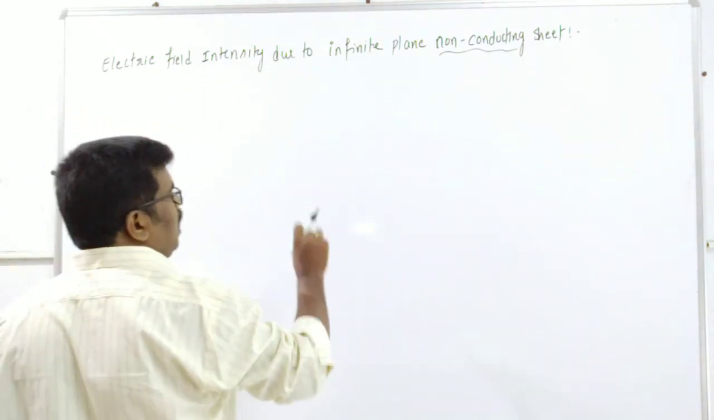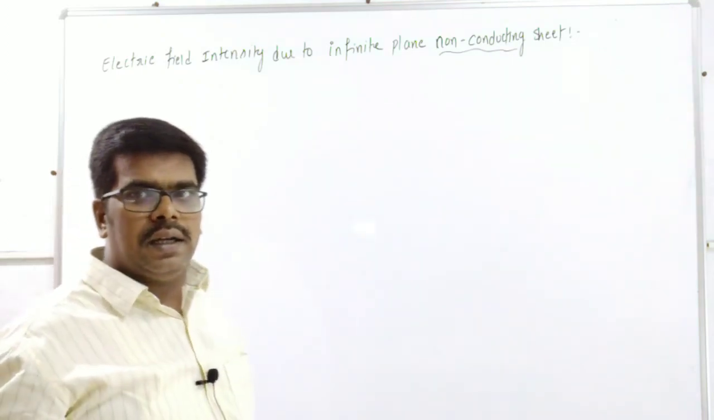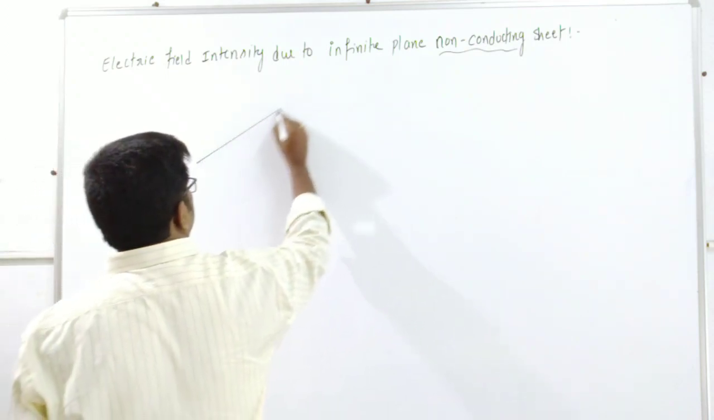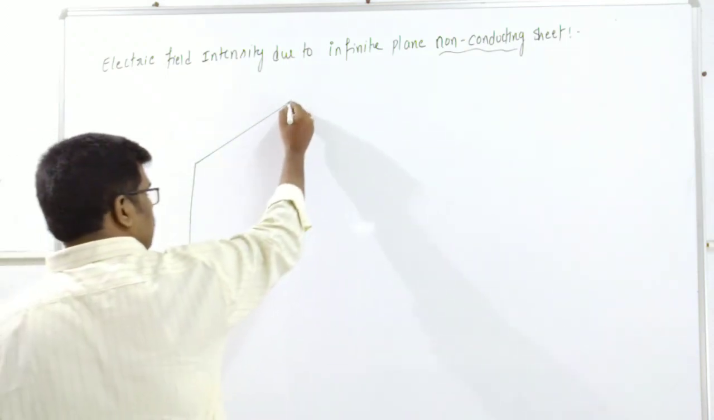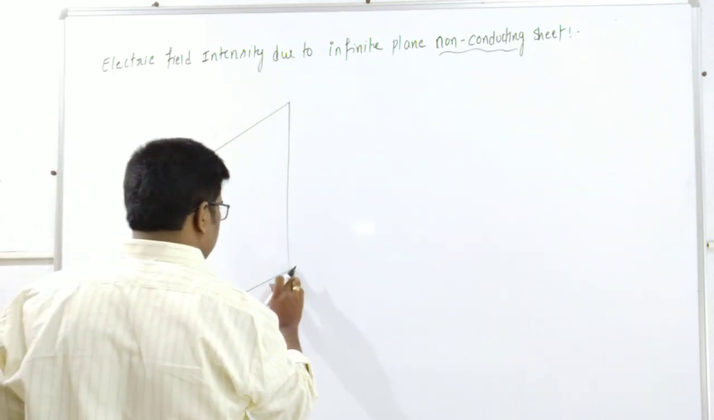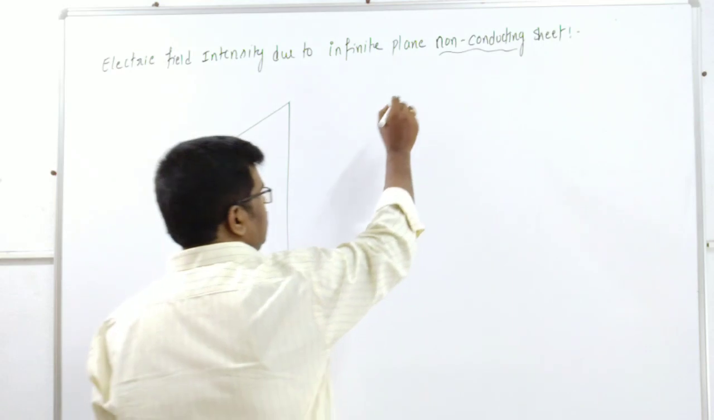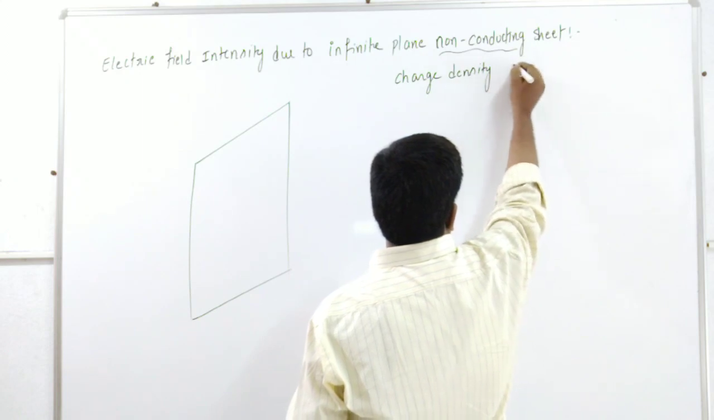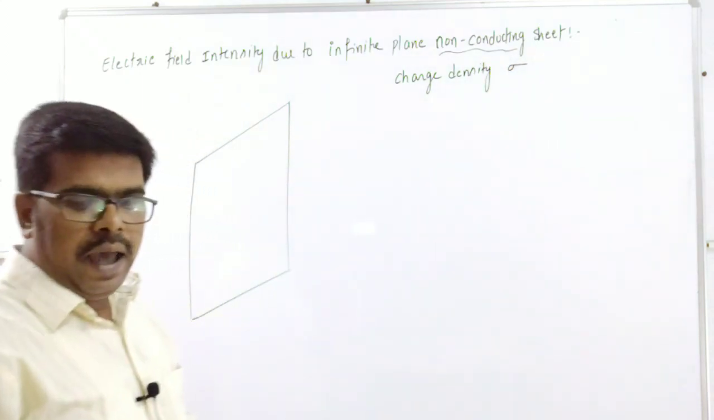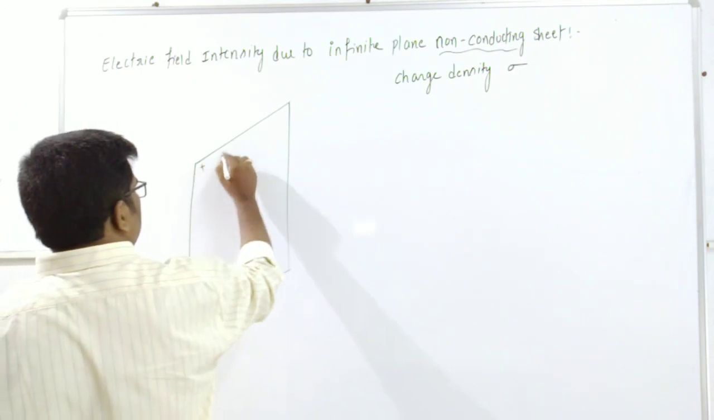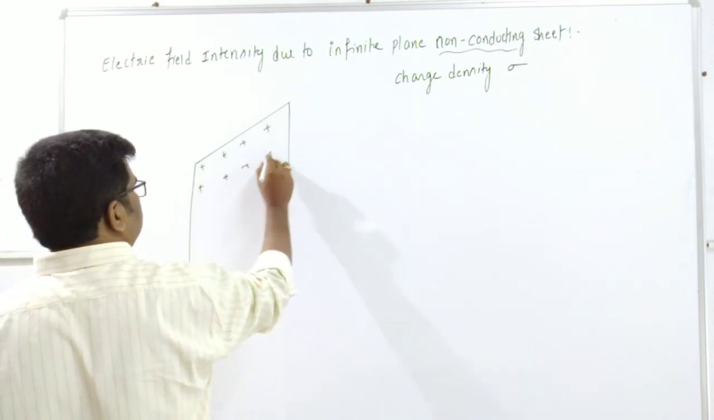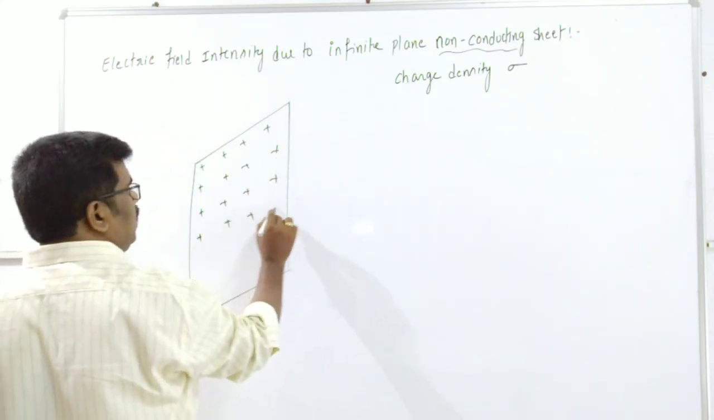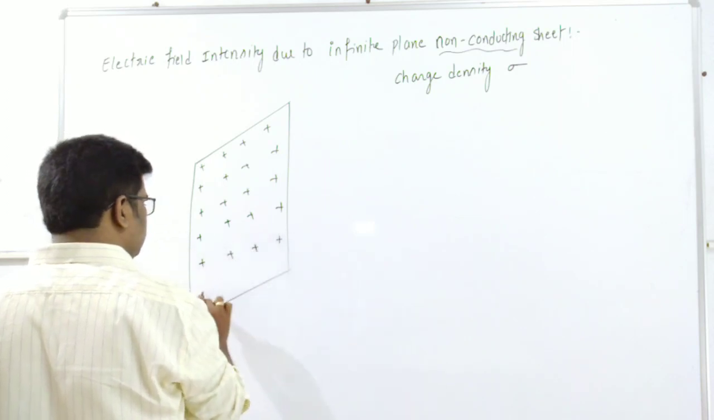Let us see, we have a non-conducting sheet having charge density sigma. Like this we have a non-conducting charged sheet having charge density sigma. Now it has the charge inside the surface, means throughout the body the charge is there, because it is a non-conducting sheet. So due to this non-conducting sheet,